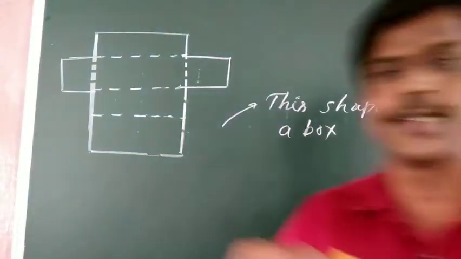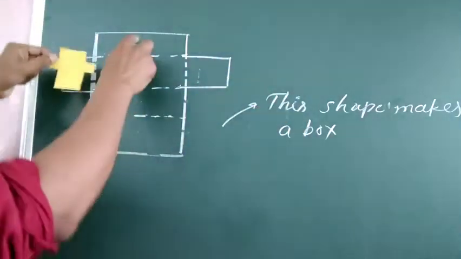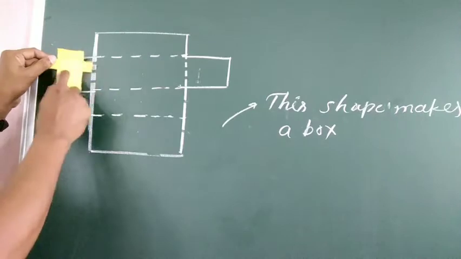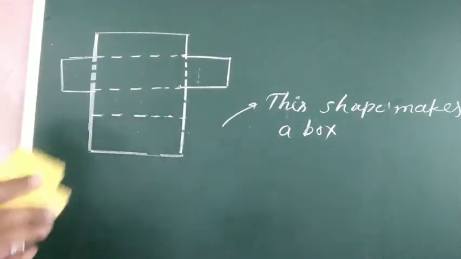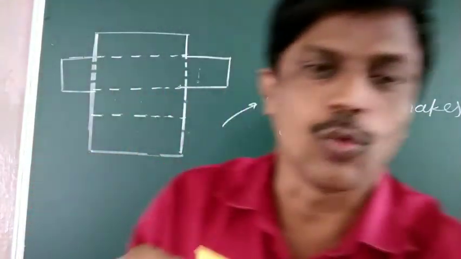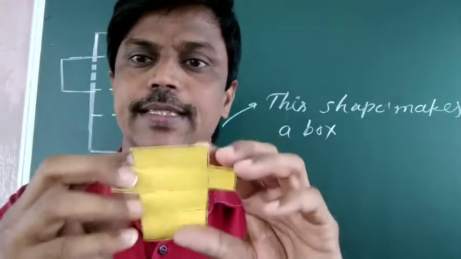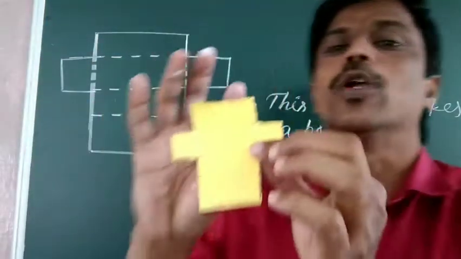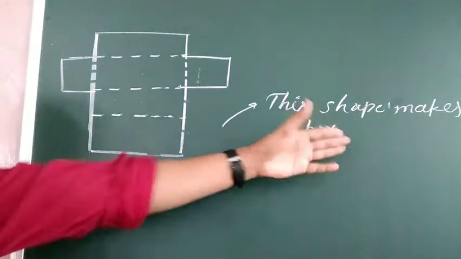Now see, we will check. See, this is one design here, matching the same design. This is one face, this 1, this 2, this 3, and this 4, and then these 2 faces, and these are dotted lines. Now we have to check whether this design will change into a box or not, that is, whether it will fold into a box or not. After folding from the dotted lines, we can come to know. It is already given here that this shape makes the box.